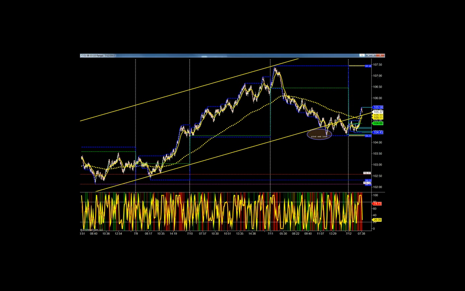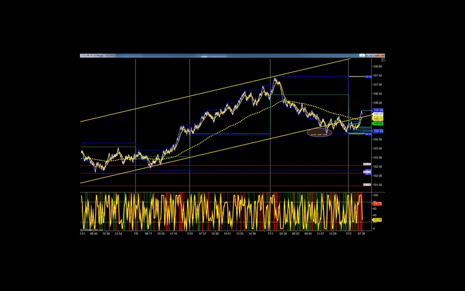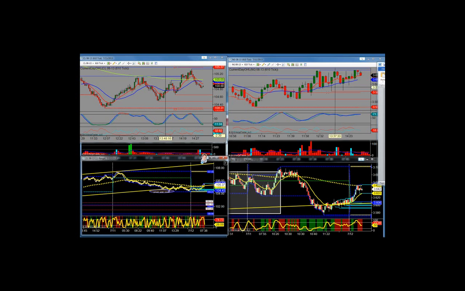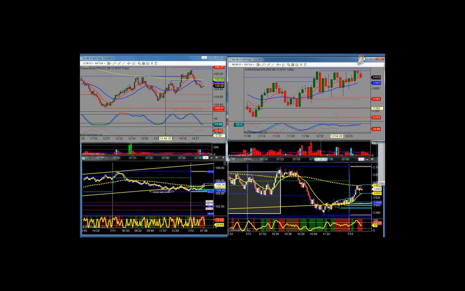Me and JJ were talking about that long price, and then we're talking about the high 107.50. That could be an awfully nice target, and 108.50 another target here. If I could move to natural gas